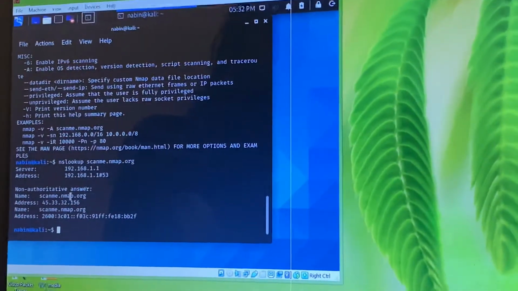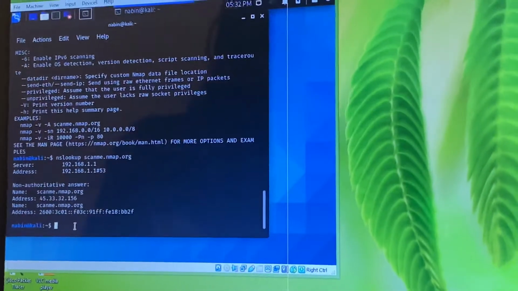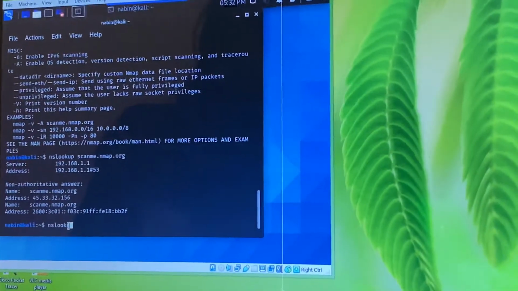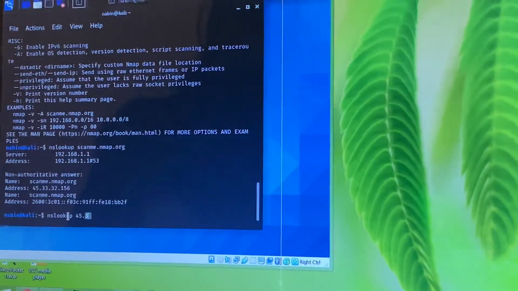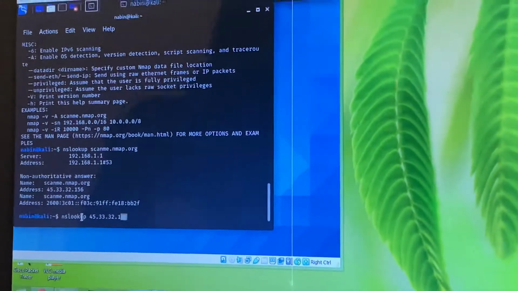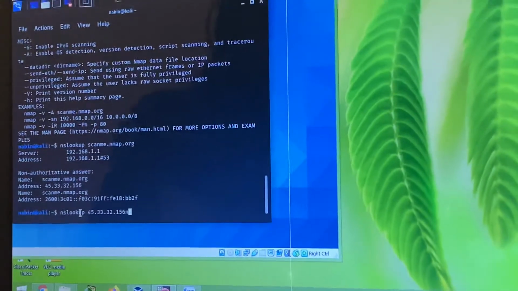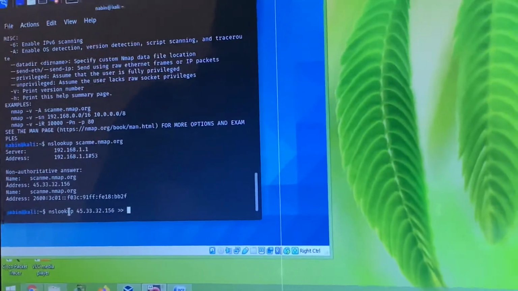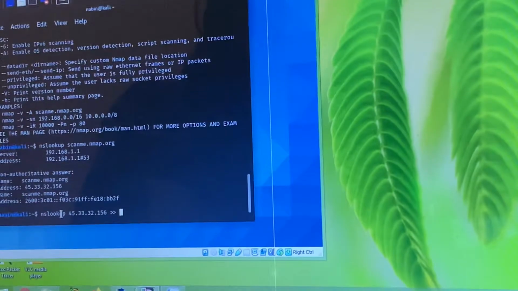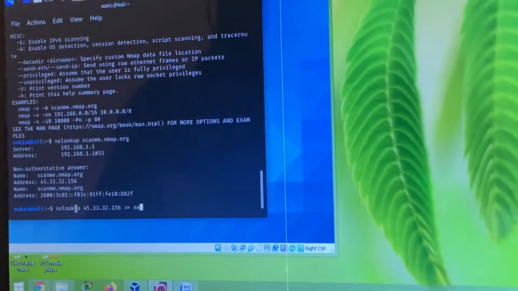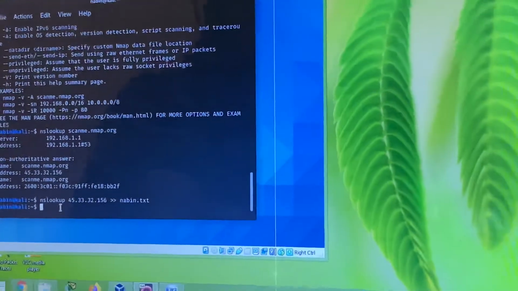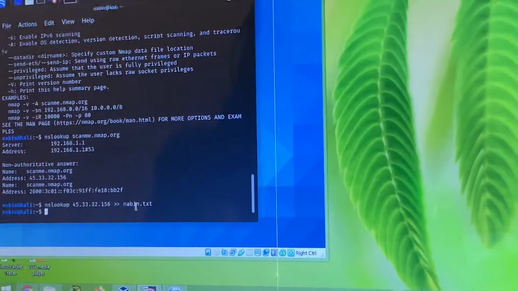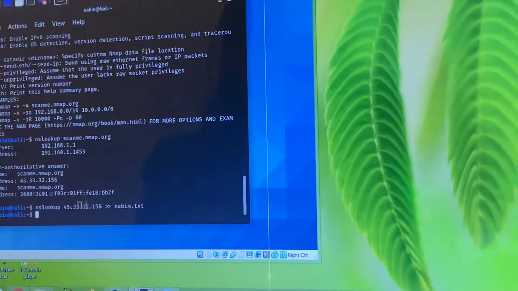Another thing is we use nslookup to save the information in a file, just like this one: nslookup 45.33.32.156, then give any name for a file, like navin.txt. This will save the information in a file named navin.txt in the folder called navin.